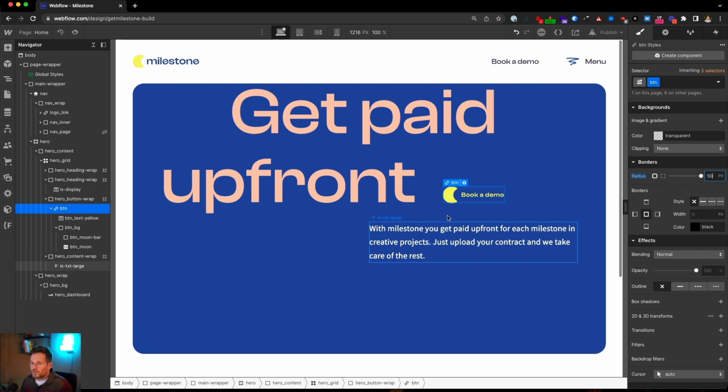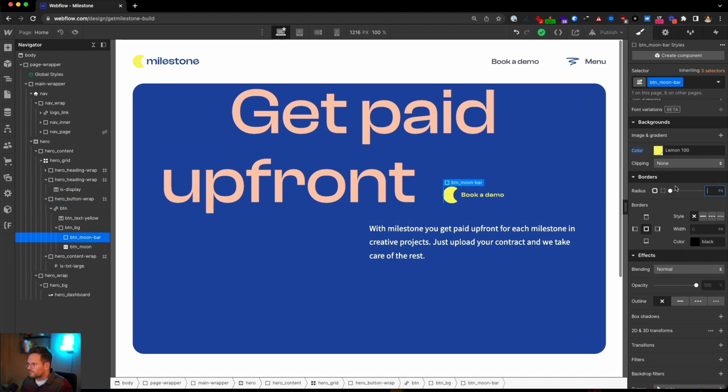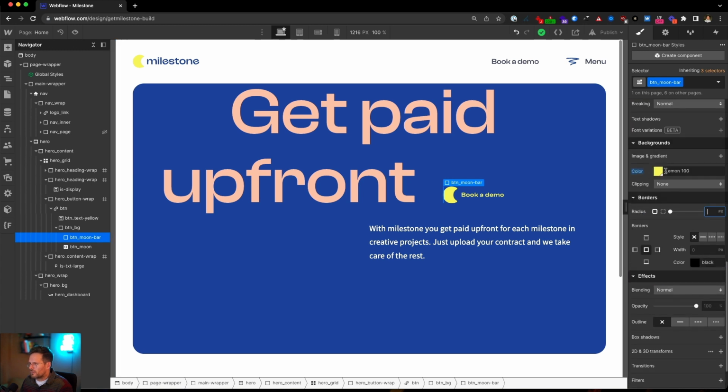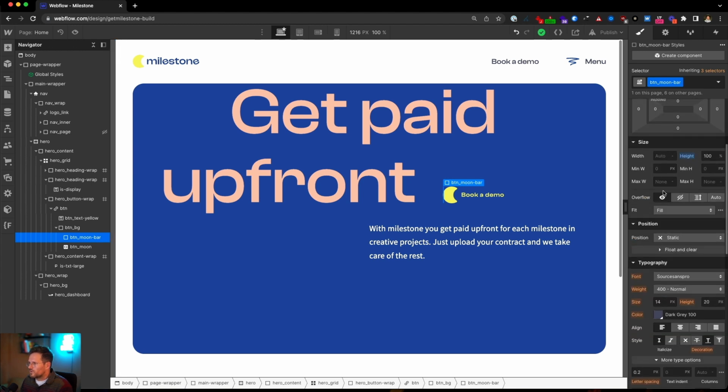And what we are going to animate now is this moon bar. It also has a background of yellow. What we are going to animate is the height of it. So, not pixels, it's 1%. You can see as soon as I bump up this height until 100%, it's going to move the SVG out of the parent container, and that's actually what we want.